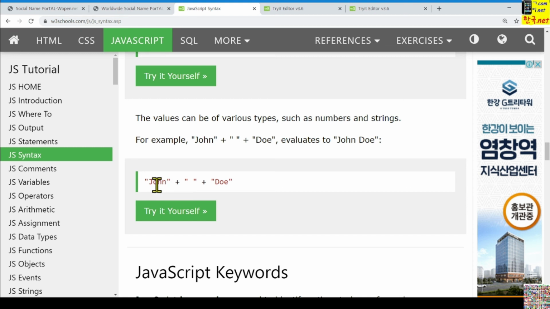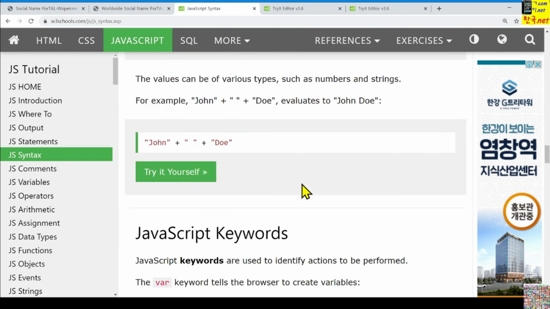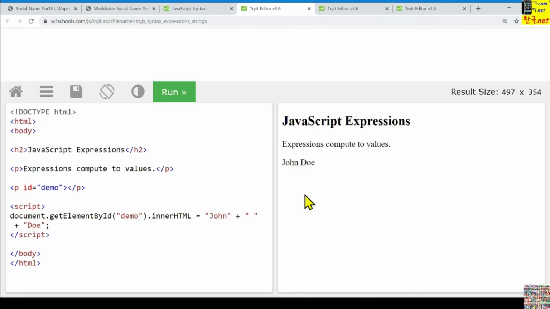If one of the operands is a character string or character, then this plus sign works as a concatenation operator.